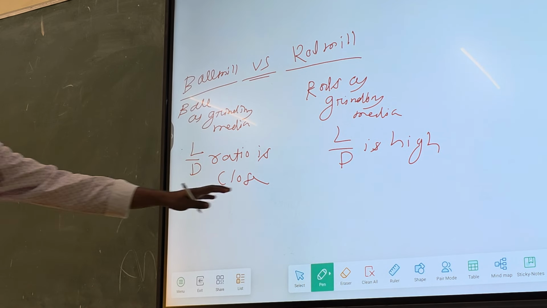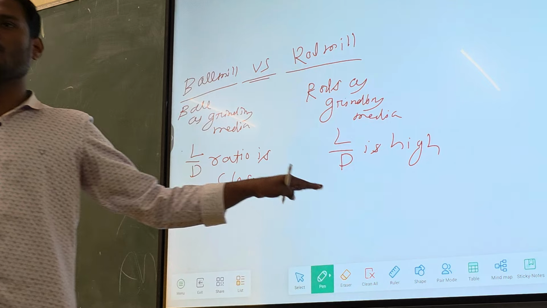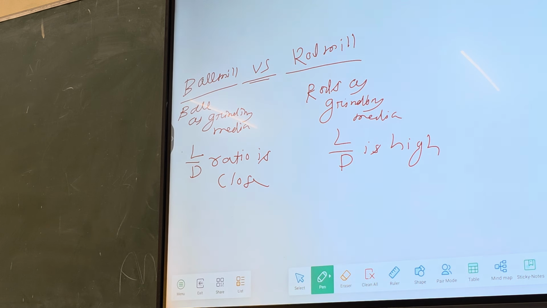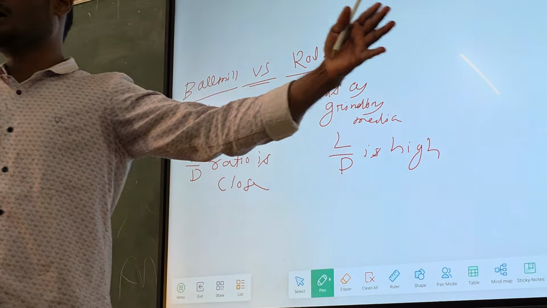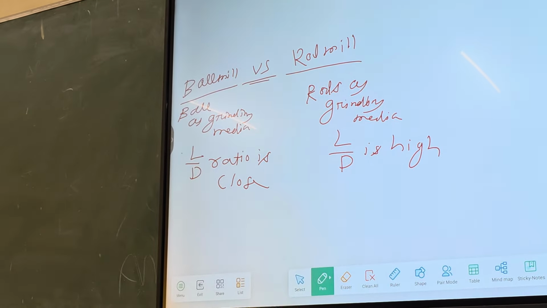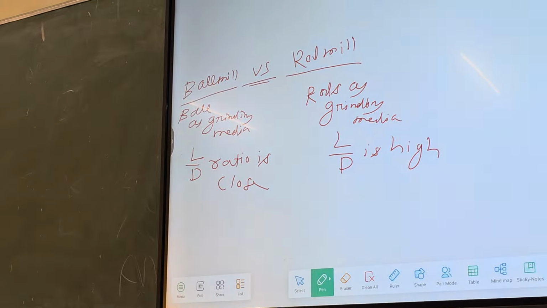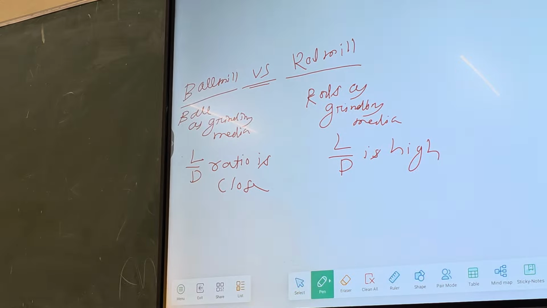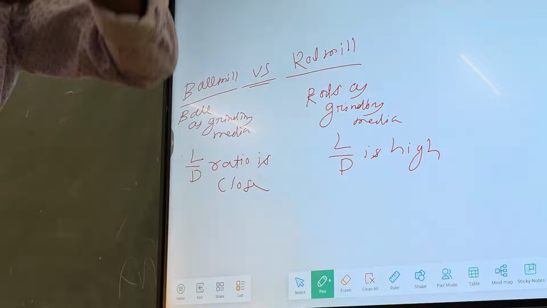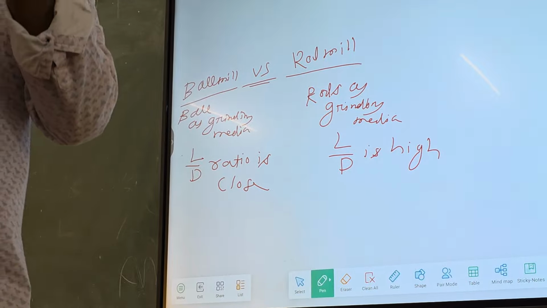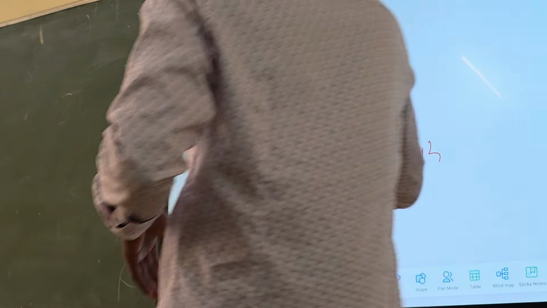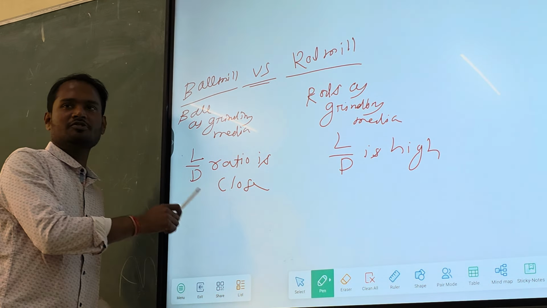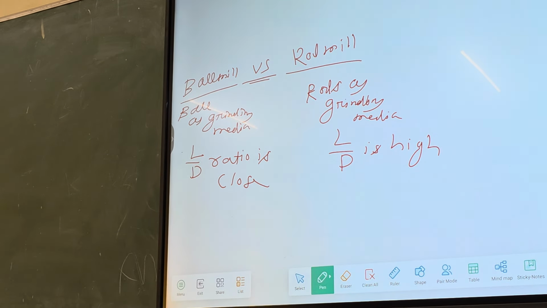This is one of the important factors to remember. In case of rod mill, since we are using rods, the length of the rod is more and the diameter of the rod is less. So that's why the length of the mill will be high and the diameter will be less. Otherwise, if the length and diameter are nearly the same, then when you tumble it, the rods may get entangled somewhere, right? So that's why the L by D ratio is somewhat high. Right. So this is a difference.